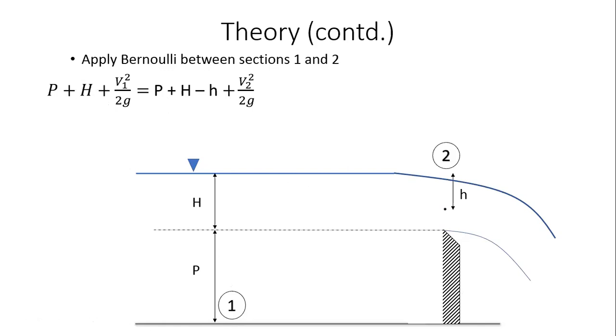Now, what is the assumption that has gone into this equation? The simple assumption that has gone in here is that this point at cross section 2 is at atmospheric pressure. Why is that? The only reason we are able to assume this is because the nappe is ventilated, right? If this water was not flowing out as a free jet, if it was clinging to the weir, then you won't have atmospheric pressure on both sides.